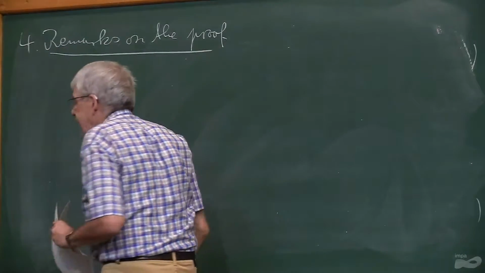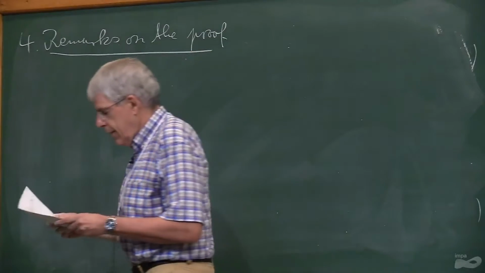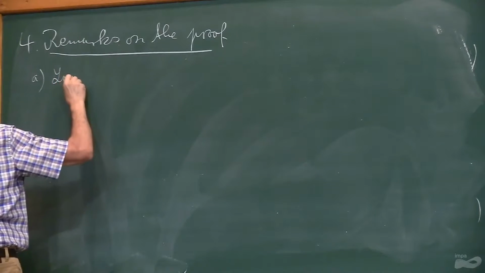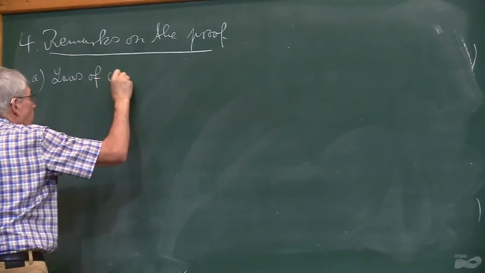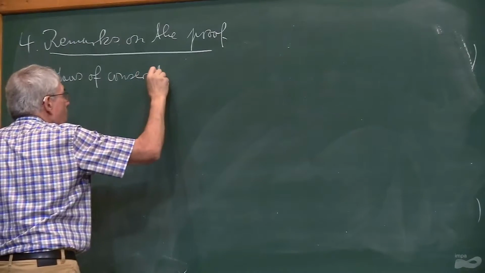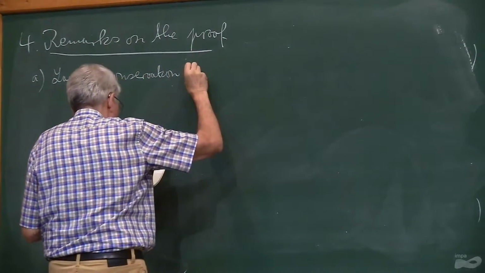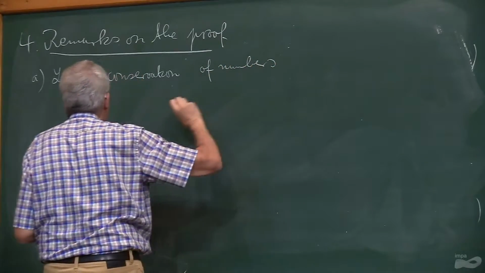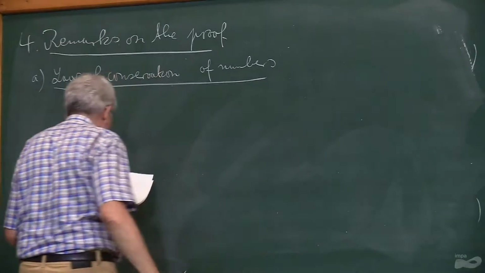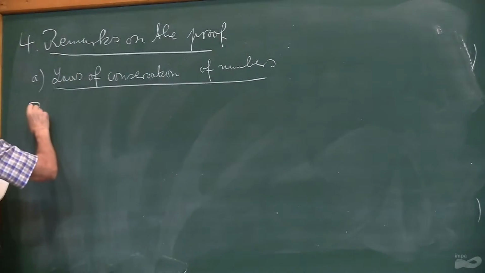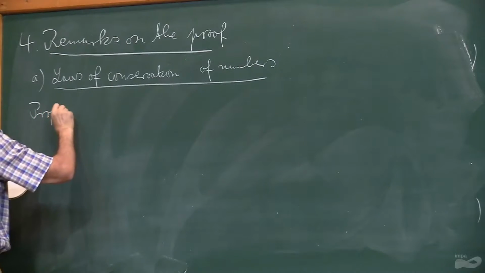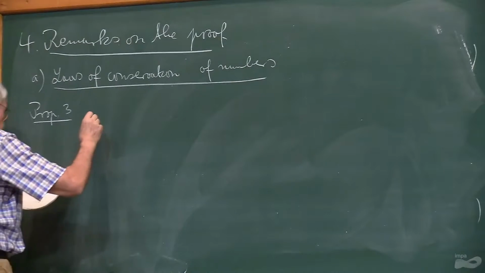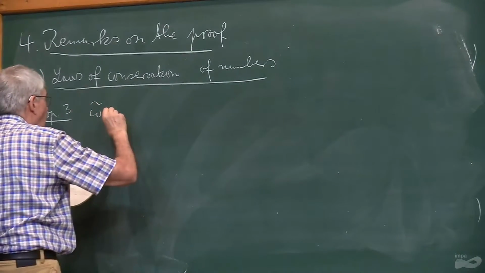So the proof has several ingredients. The main ingredients are laws of conservation of numbers for both sides of the equation. So for the index, this follows more or less from the definition, namely if omega tilde is a small